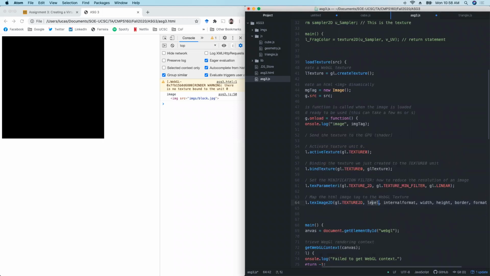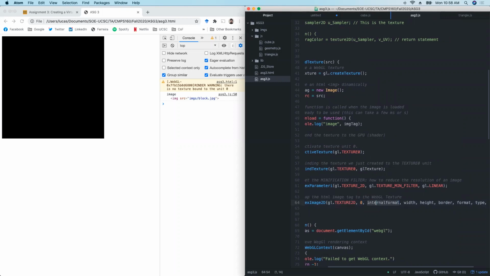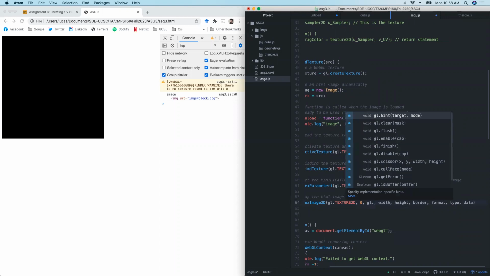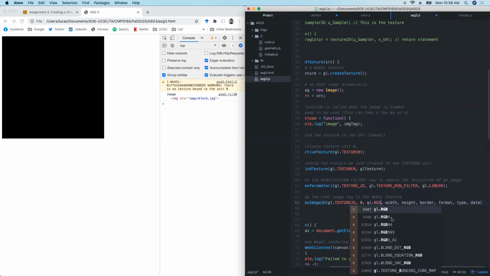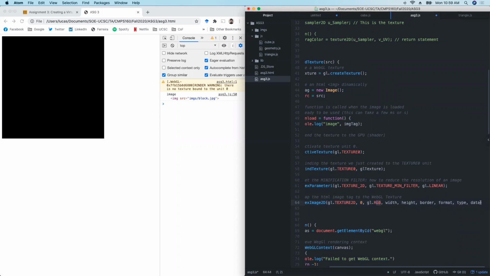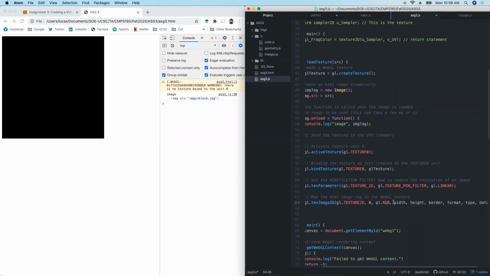The level is, I'm just going to set this here, it's 0, and I'm not going to talk much about this right now because let's move forward, and then maybe if you have time I come back. This internal format is RGB. You would have other formats, like if you want alpha, and if you have a grayscale image, there are other types of this. I think this is actually the wrong